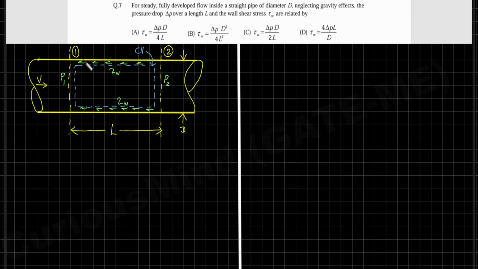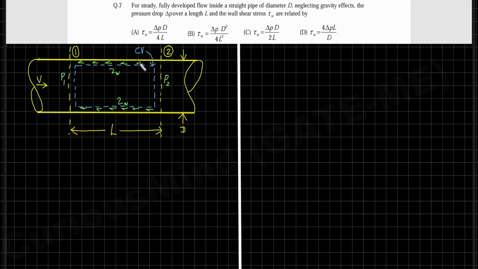in this diagram these green arrows represent the wall shear stress tau W that the internal wall of the pipe exerts on the immediate fluid surface of this fluid element along its curved surface, alright, because the pipe is in stationary condition and the fluid is flowing in the rightward direction inside the pipe, so there is a relative motion between the fluid and the internal surface of the pipe,